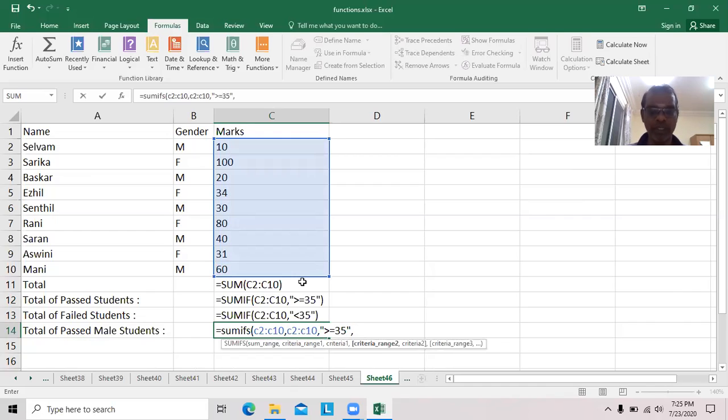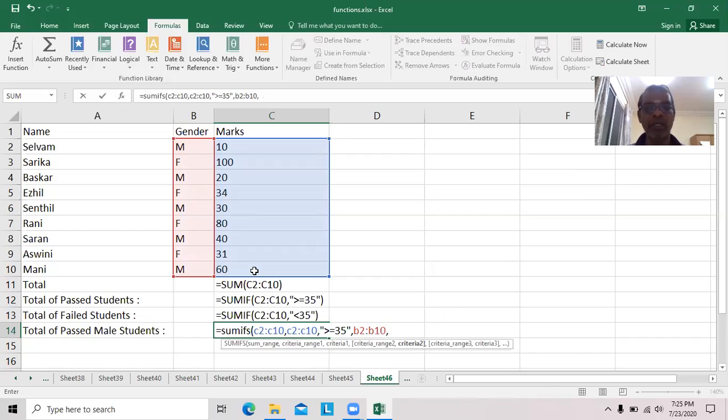Now we have finished one condition: the mark should be greater than or equal to 35. Then one more condition is that the gender should be male, that is M. The range available is B2 to B10. That is condition range number 2, B2 colon B10, comma.